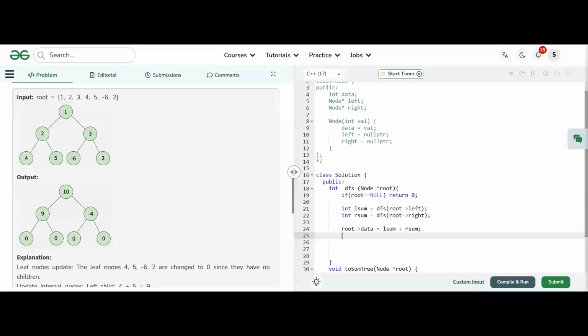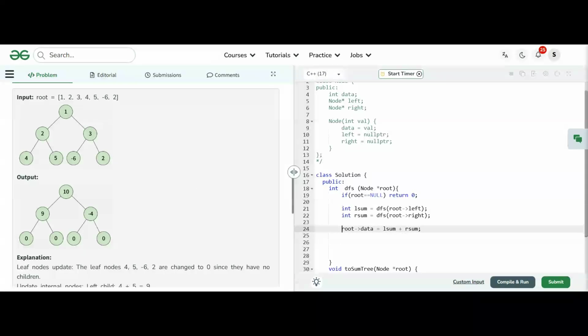But what should this whole function return? Suppose I'm sitting on the node 2, I should replace it with 4 plus 5, that is 9. But this function should return 4 plus 5 plus 2, because when I sit on 1 and want the left sum, that should be 11 and not just 9.